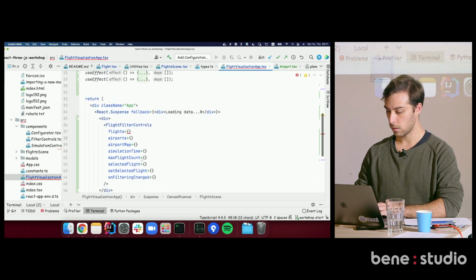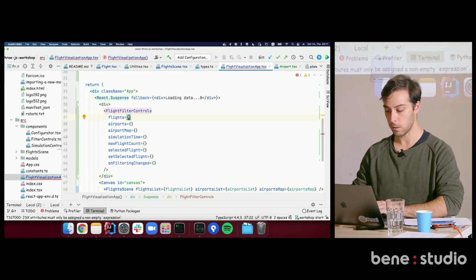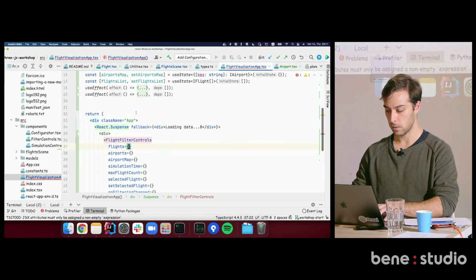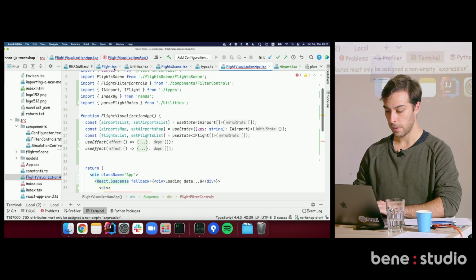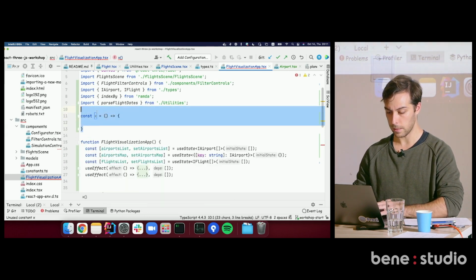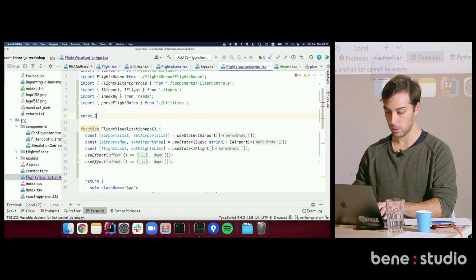if there is nothing red. Oh yeah, these are all red. But now we can finally pass all the things in. I was a bit clumsy with the naming, but this is flights list. This is airports list. This is airports map. Simulation time. This will be a parameter that we would create in the last step if we get to that in 20 minutes. So let's just